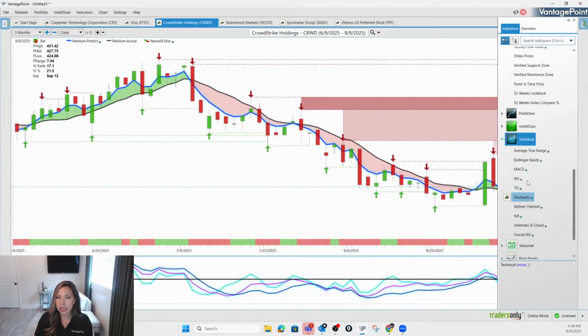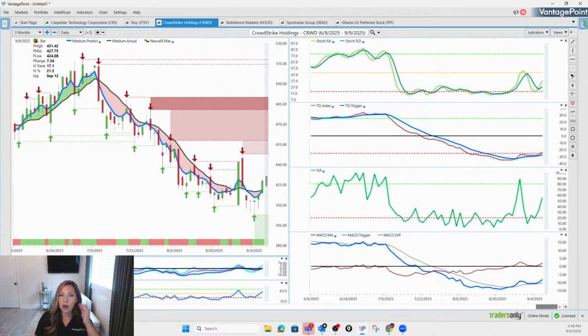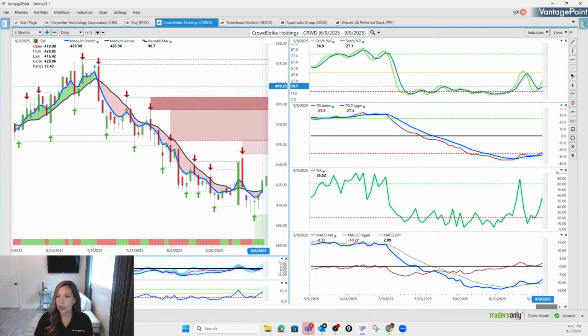Now, again, these momentum indicators, some of them are additional add-on indicators. The ones you're seeing on my screen down here at the bottom, though, those all come just with VantagePoint. But let's take a look at some of these other momentum indicators that we can see giving us confirmation of that potential shift. So RSI, if anyone uses RSI, that's a relative strength index. Of course, it's going to tell you the strength of that trend or speed of price action based on the momentum. And RSI is just an oscillator, so we're looking at the slope of that line,